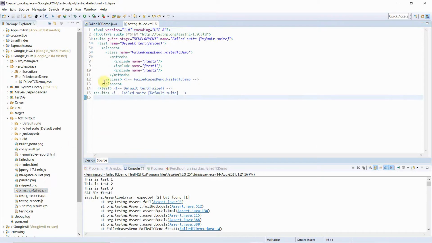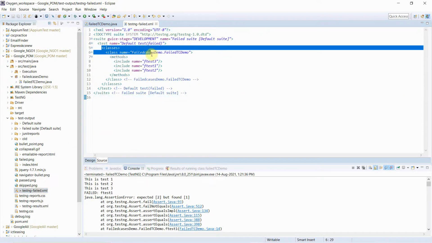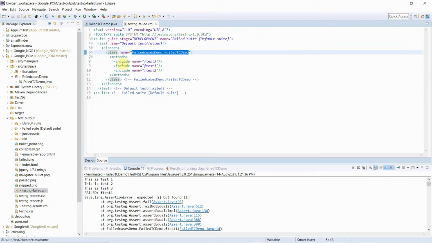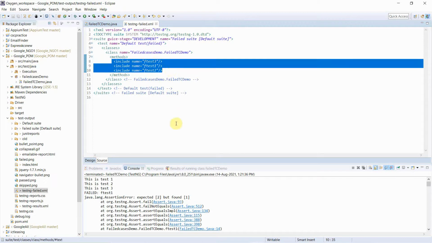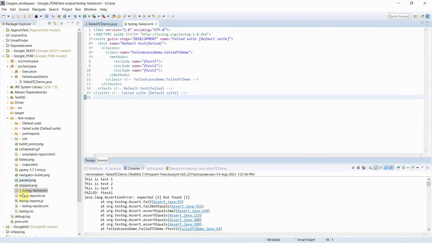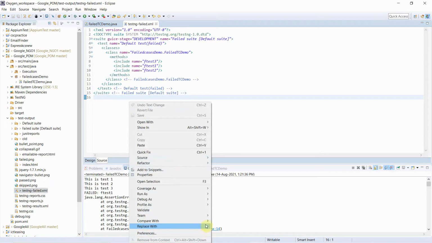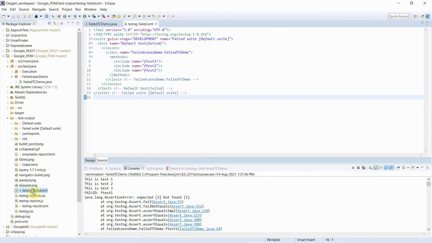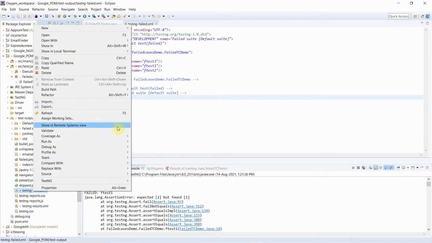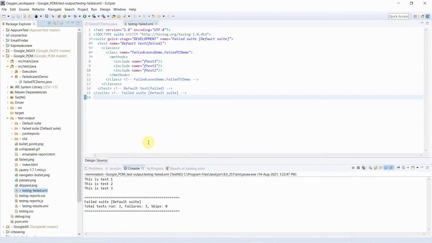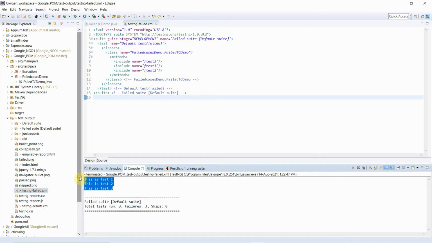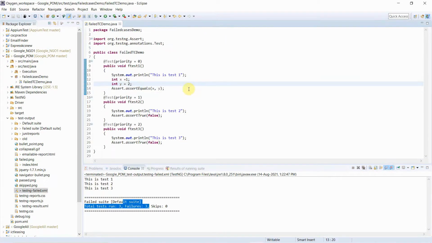If you open this file, you will get a well-formatted XML file with your package name, then class name, then method, and inside it all your methods or tests. Simply right click on the file, here or here, and you will get an option, Run As TestNG Suite. If you click on this, your test cases will be executed. Only the failed test cases are executed again. Obviously they will fail because we are intentionally failing them. So this is the first answer and first way.